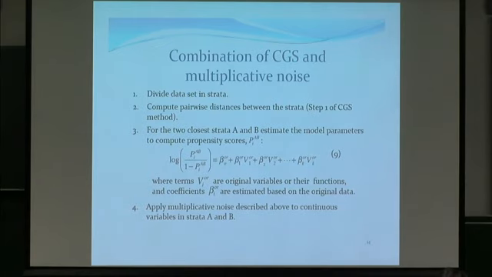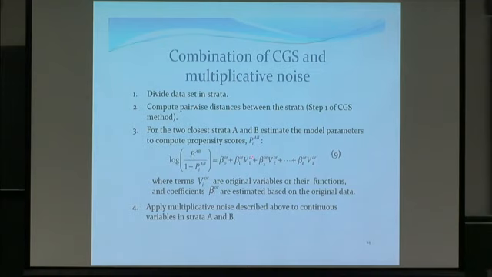So after we compute pairwise distances between the strata, for the closest strata, we can estimate model parameters to compute propensity scores, but we're going to do it based on the regional data. This is the model, right, to compute propensity scores. And here V1 original, V2 original will be variables or their functions of the regional data. But we're not going to yet compute the propensity scores themselves. We're just going to estimate this model. So we are learning a classification rule, based on the regional data, to do the swapping.